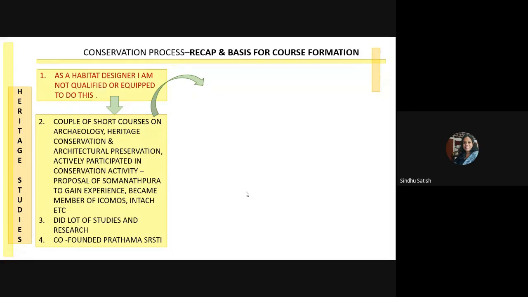We just pay them however much they ask, and we eat that unhealthy thing on the roadside, with least bothering about our health. But then when it comes to such a valuable heritage treasure, we hesitate a lot, we bargain a lot to buy them. And in fact, when you buy them, you're investing in something good, which stays with you at home for a longer time than what you would have consumed as food. So this also led me to co-found Prathama Shrishti, which I'll talk about in some time.